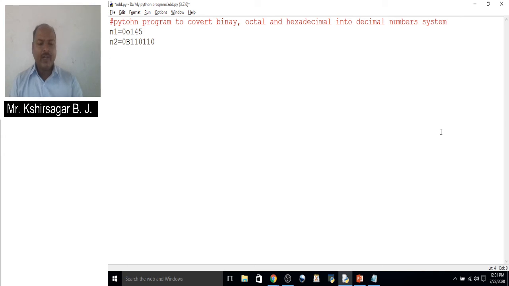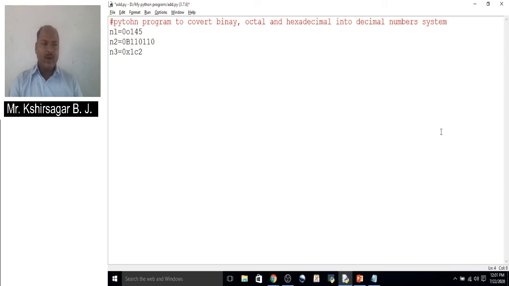Now we take a third number, n3 equal to, a hexadecimal number, so it should be prefixed with 0x, 0 small x or 0 capital X. Now we are taking 1c2, this is a hexadecimal number.